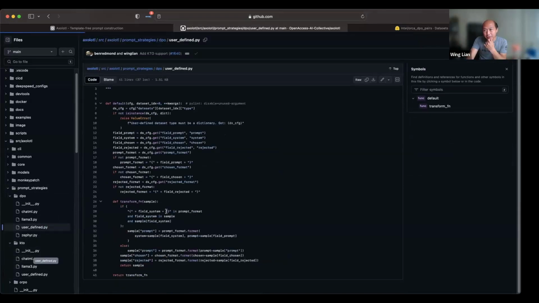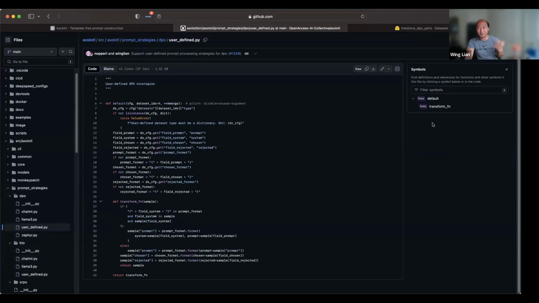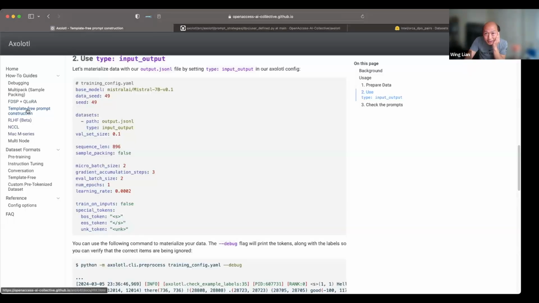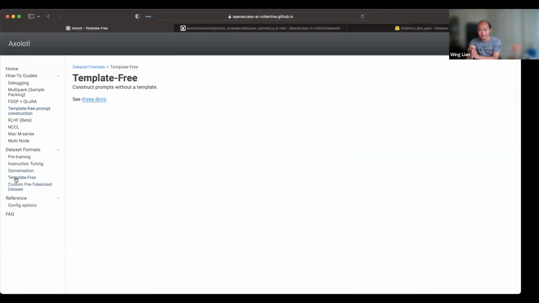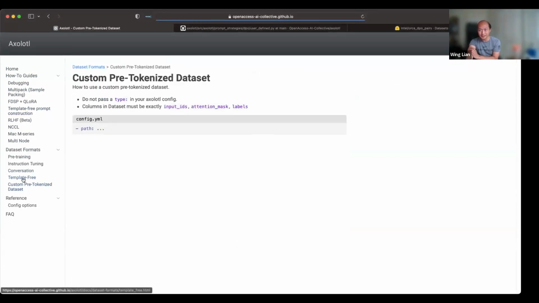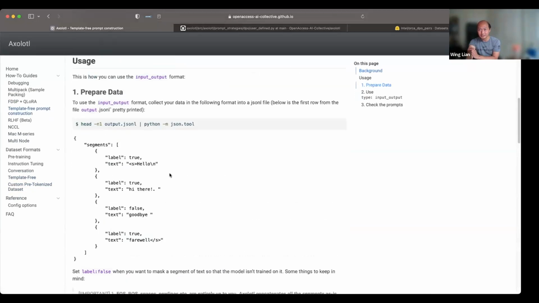And because KTO doesn't necessarily have preference pairs, and then user defined, that's also in the documentation probably. Have you used both the KTO and DPO? I'm just curious. I usually do the DPO. A contributor recently added the KTO, I think just this past week, so it just got merged in this week. So I haven't had a chance personally to use that. I believe it's not template free. Is it template free? No.